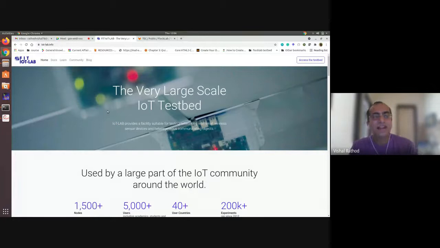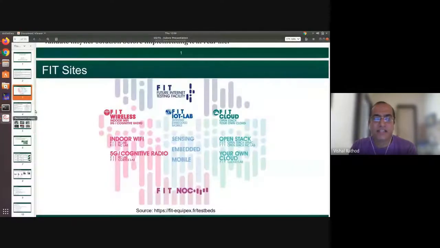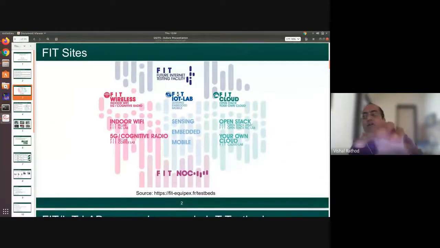IoT-LAB is a part of the FIT group, Future Internet Testing. Future Internet Testing is a group that builds various testbeds, publicly or privately. Why am I saying privately? Because some of the sensors are very costly, so if they were made publicly available, it would harm them.